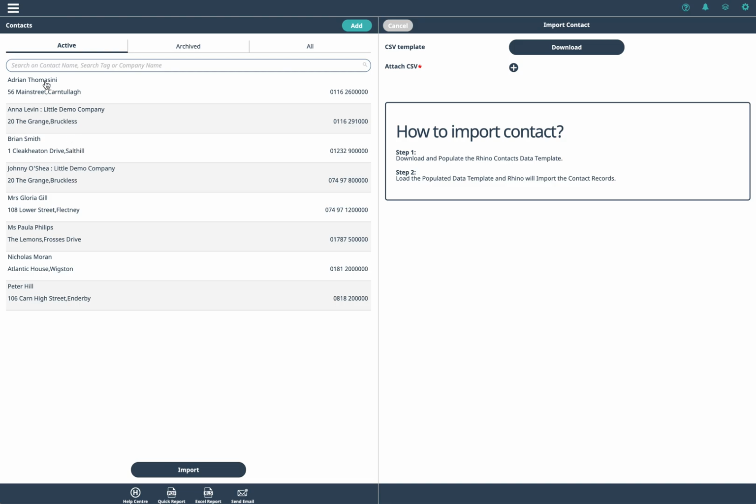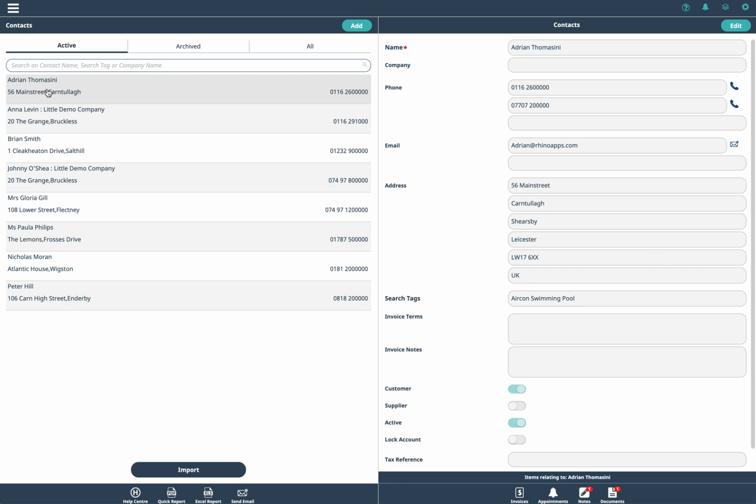So a very powerful feature is if you click on a contact, we have the concept of search tags. This is where we can just type in text, and then we can quickly filter on all of the contacts that match that text. So for example, if I wanted to see all the people who had air conditioning and all the people who had swimming pools, so if I type in aircon,